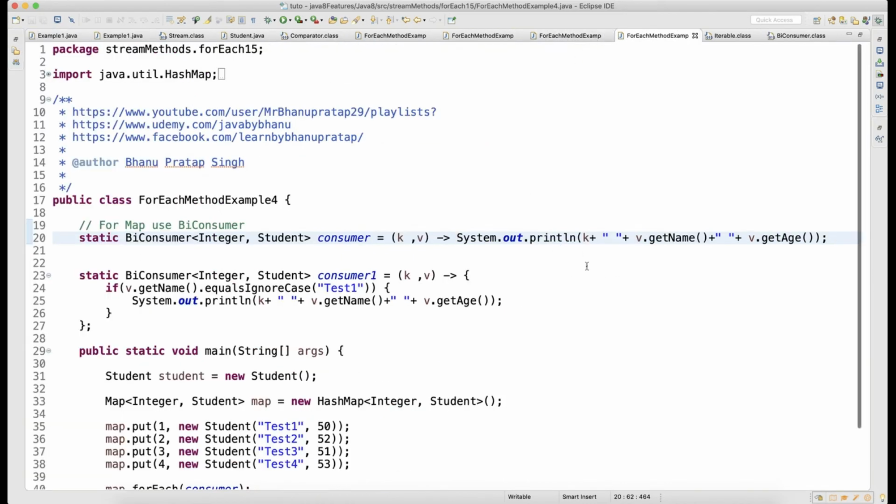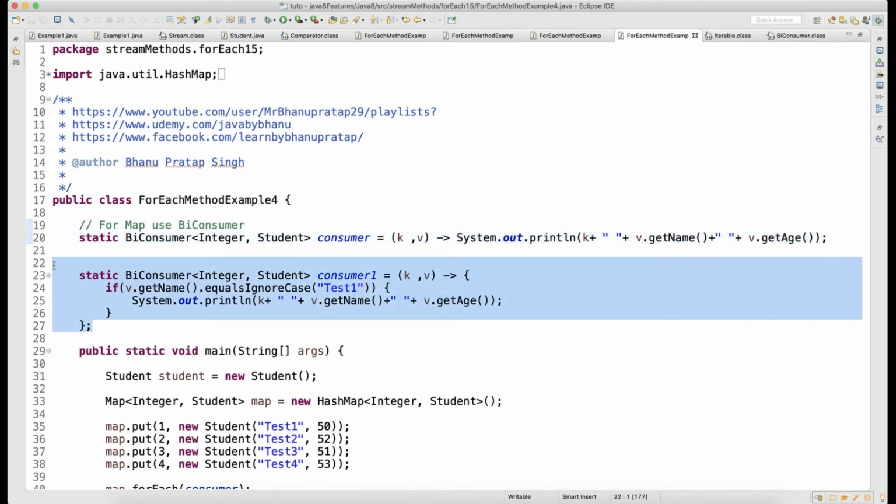And through this consumer I'm just printing that key. Okay, and from the value, what is the value? So for every key, what is the value? It's a student object, right? Here also this is the key and this student is the value. So since it is the object, from the object what do I have, name and age, right? So I'm just giving some space, get the name and get the age. Okay, so this is my consumer.